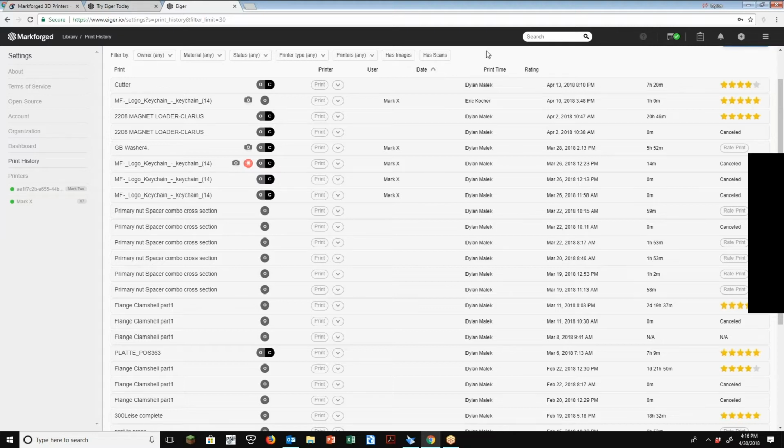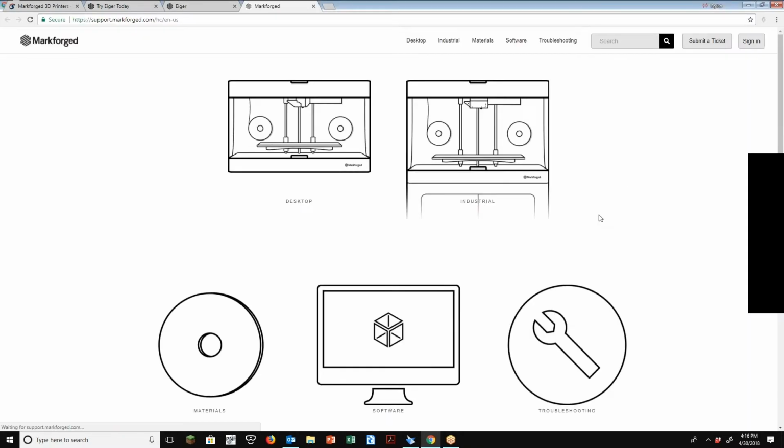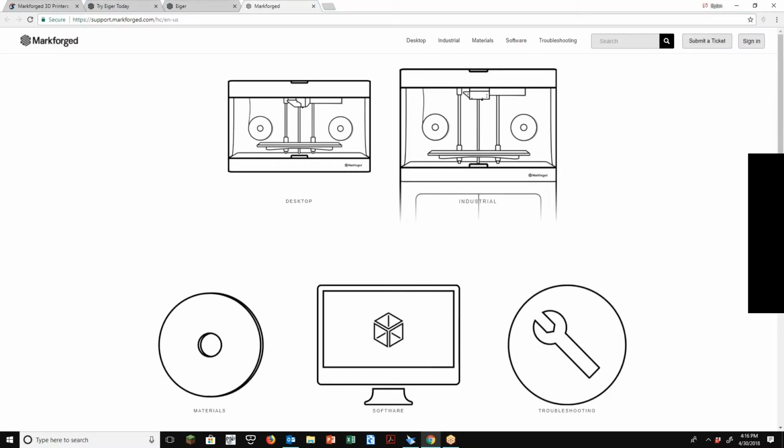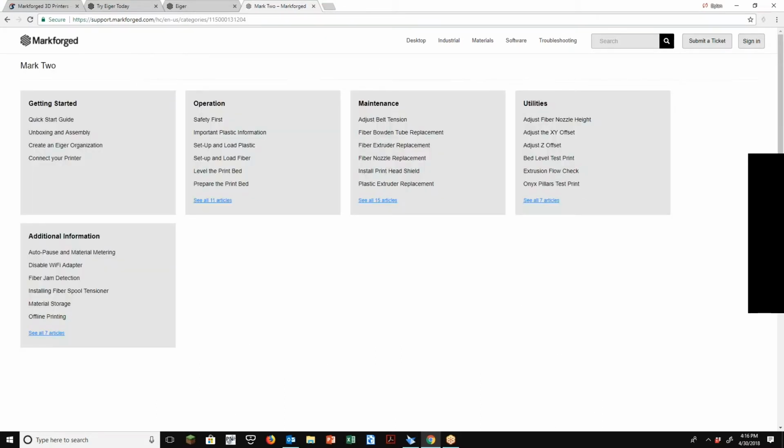All right. So speaking of Markforged, in case you do have a problem with something, an issue, there is online support. So we can just go over to the support button right here, and we can log in. We have the X5 at the office, and I have the Mark II. So if I had an issue with the Mark II, tell it which printer version you have, and you can go and take a look at information. Maybe you notice you get some filaments sticking out of the part, or you're getting some bad surface finish. You can go through and look for maybe some quick start guide if you're, again, a first time user. Again, some more information on